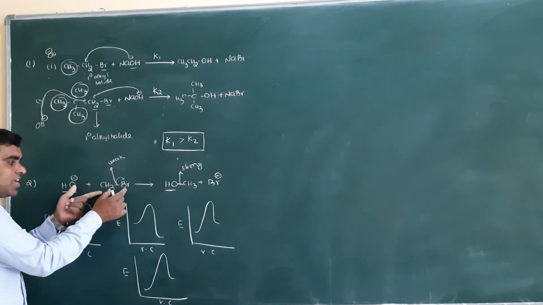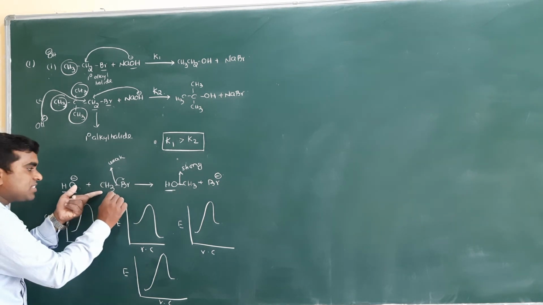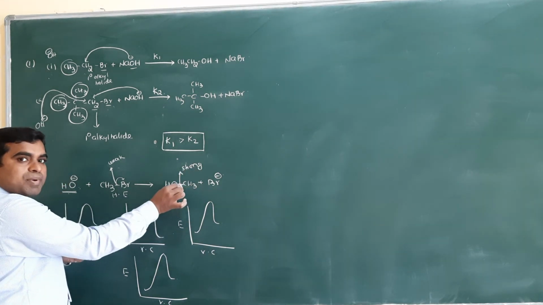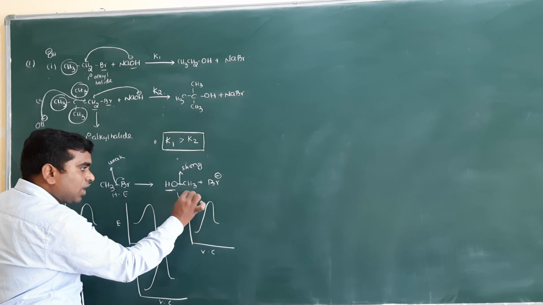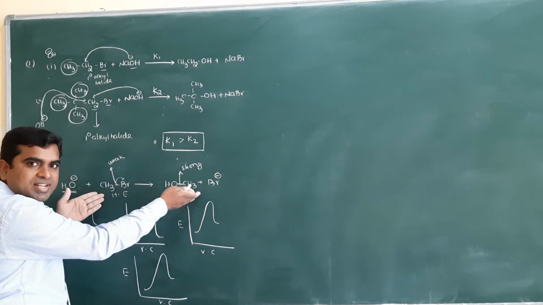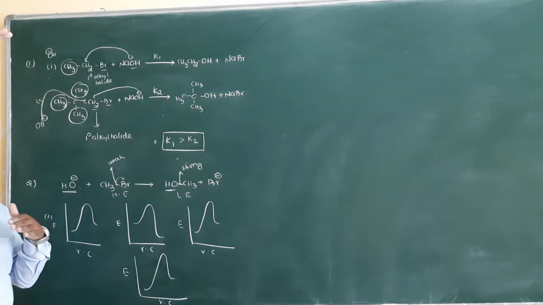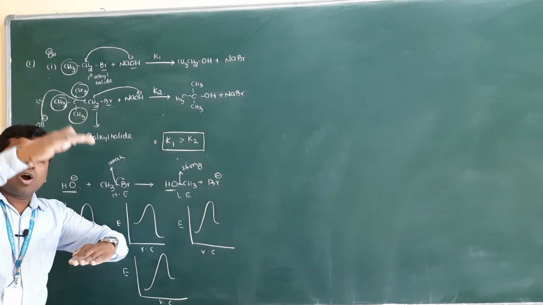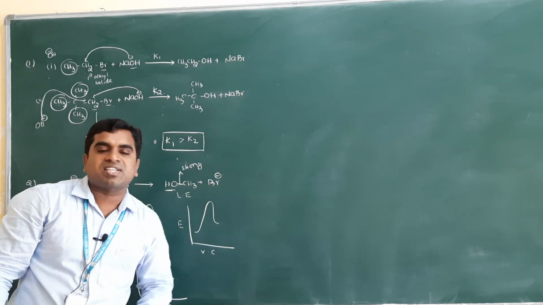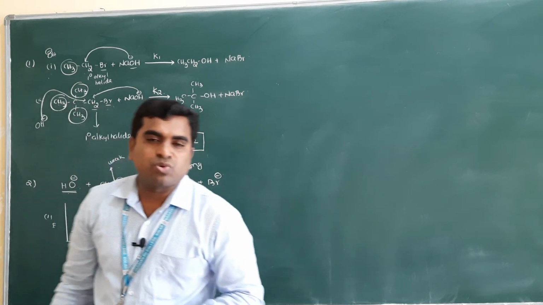Clear? A weak bond means it is unstable. Unstable means high energy. A strong bond means it is stable, and stable means low energy. So here high energy and here low energy. High energy is converted into low energy by releasing some energy, and releasing energy means we call these reactions exothermic reactions.